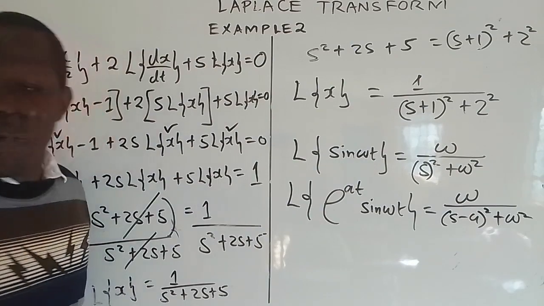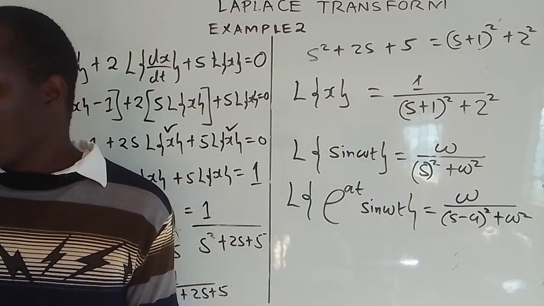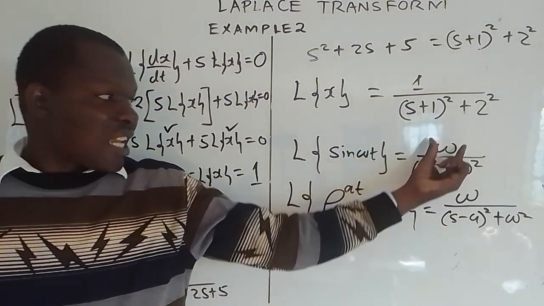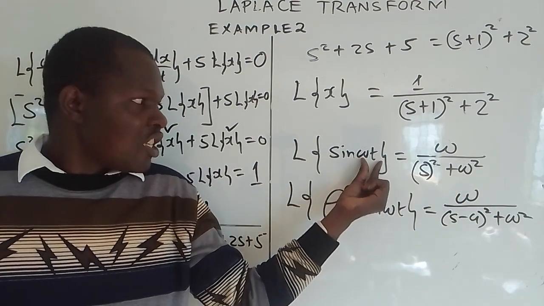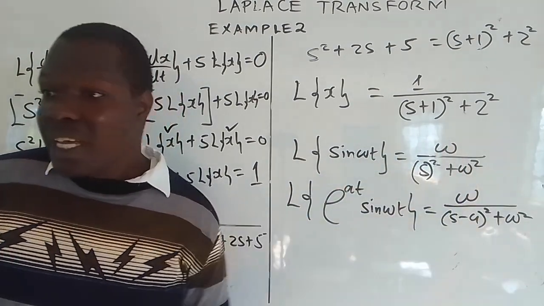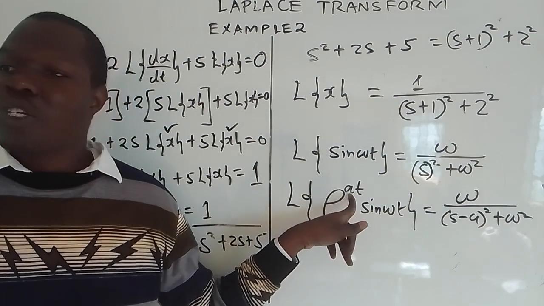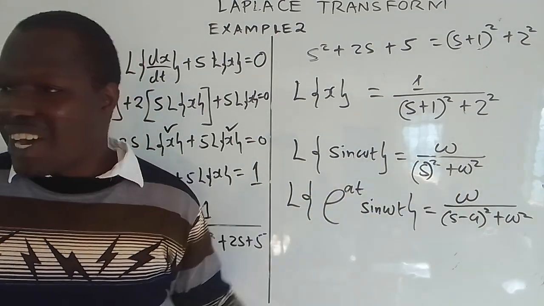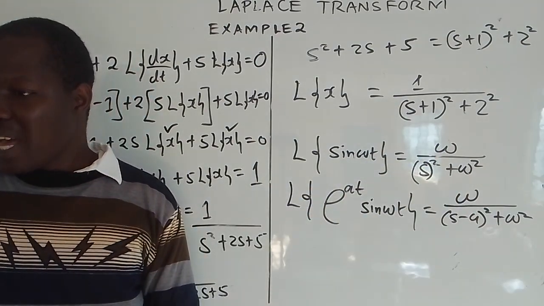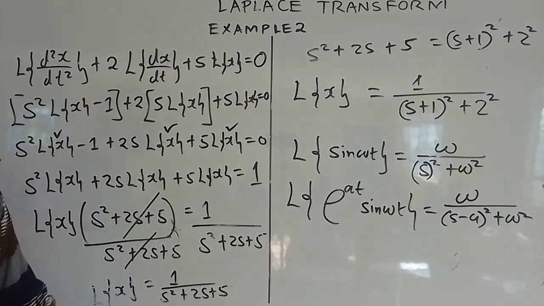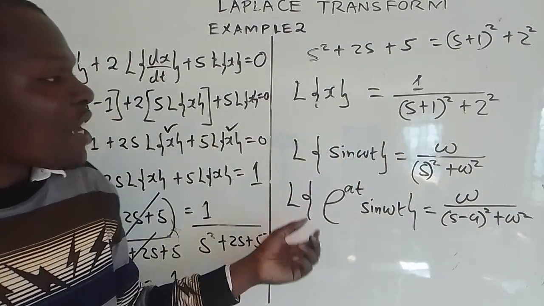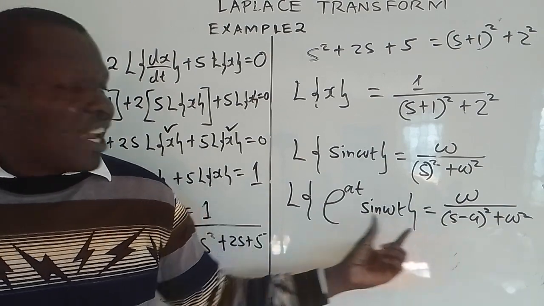W squared remains the way it is, isn't it? Are we together? When it is just in wt, it is just w over a squared plus w squared. In at, it is a over a squared plus a squared. Because we want to put a on top of exponential, we change this to be another variable, okay? Are we together? So after that, you now go back to your problem after you identified the Laplace transform